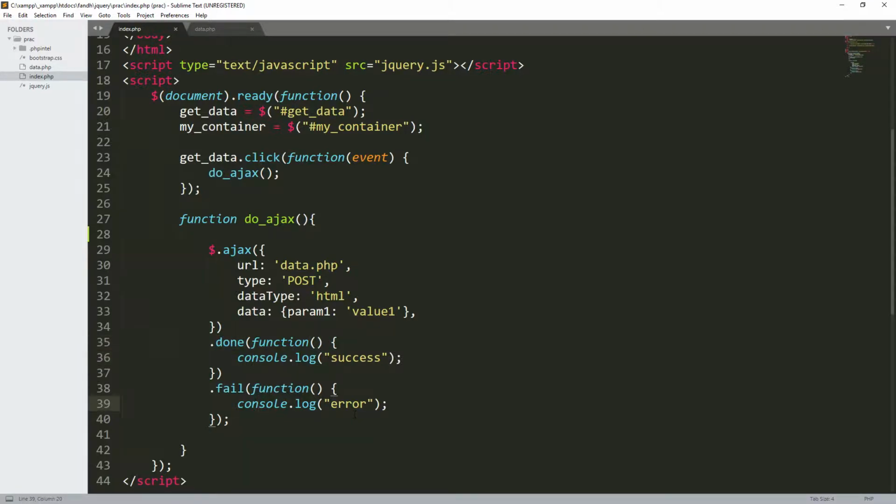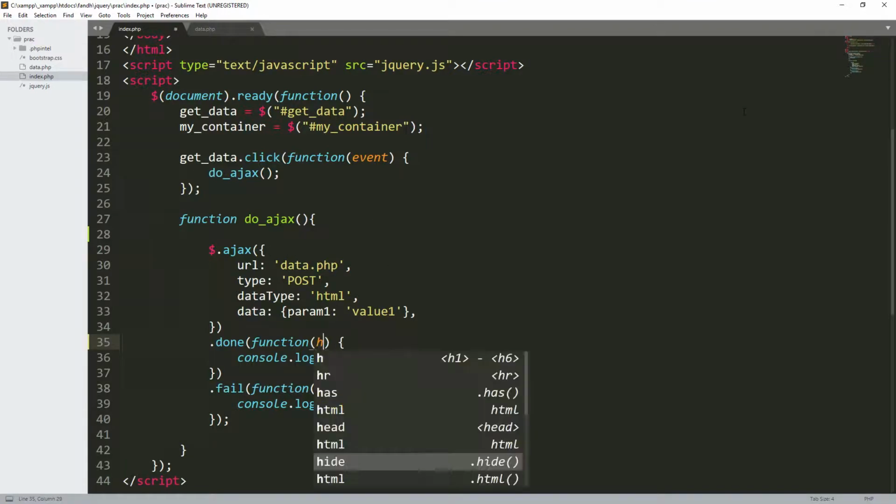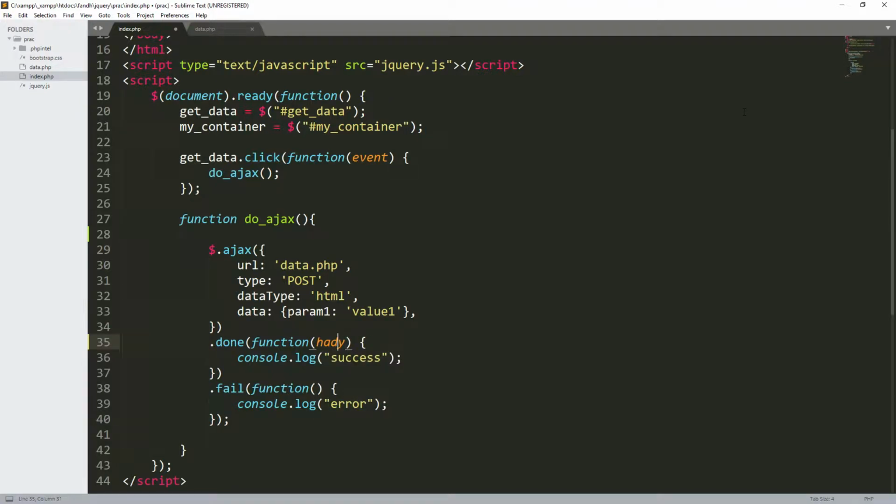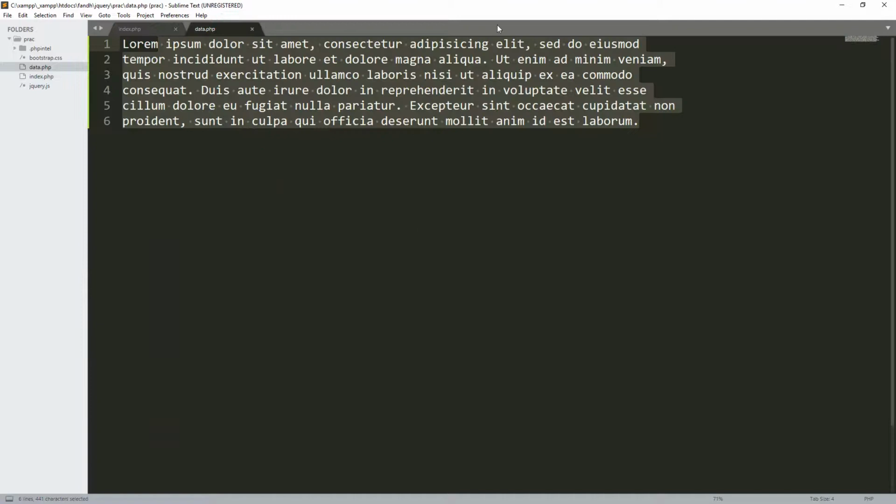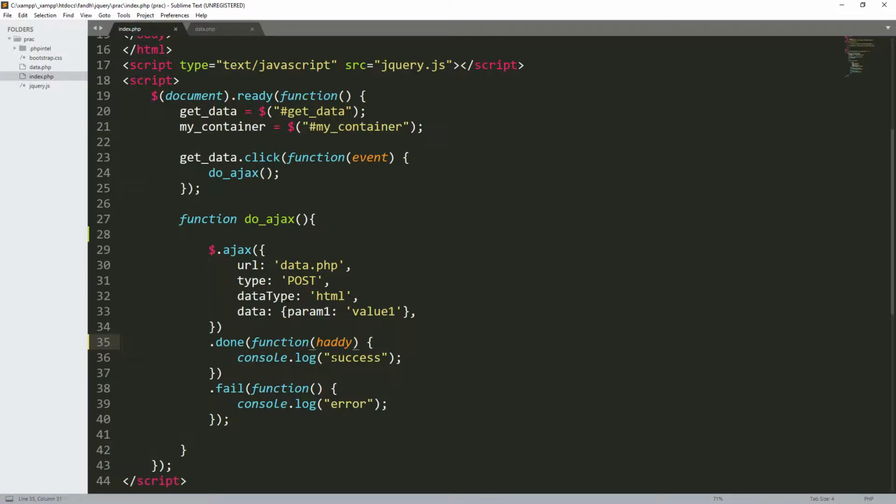So the data, this one, done, will only be accessed on success. This one on fail. Now the data that we get from the other side, we have to receive it in a certain variable. Okay? So let me call this Hardy. That you should understand. And maybe if I use your name. So I put this Hardy inside the function of success, on the .done. So it means that any kind of data, whether it is image, HTML, whatever it is, that will be displayed in this file, if it is successful, it will be stored inside this variable. Do you understand?